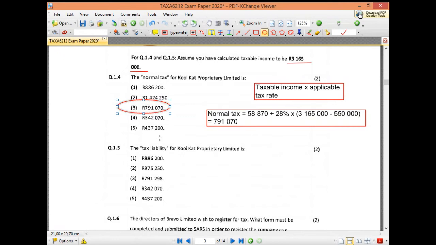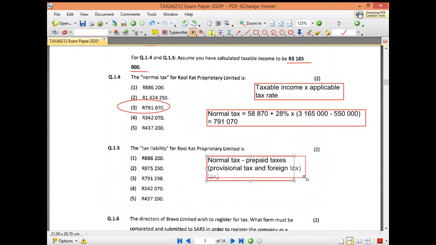Okay, then the tax liability. Now remember, our tax liability is your normal tax amount less any prepaid taxes. Now for a company, that will be your provisional tax. And if they've got any foreign tax, it would be that as well. Now, in your module, they don't discuss foreign taxes. So in your scenario, it would only be the provisional tax. So what we do now is we take the